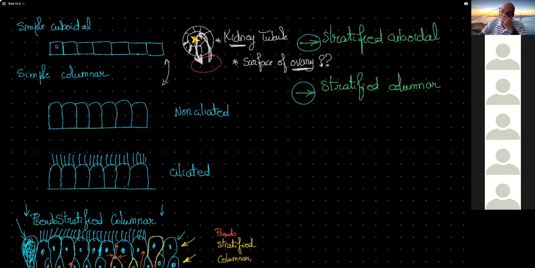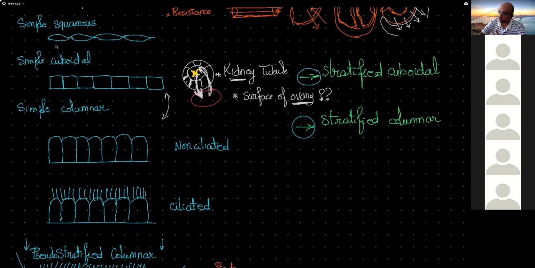Simple columnar epithelium. Simple columnar epithelium also was responsible for secretion and absorption, but this time those cells are larger, so I have better secretion, better absorption than simple cuboidal. So I will need to absorb lots of stuff here. So what areas do I need to release and absorb lots of stuff? It's gonna be in the gastrointestinal tract,